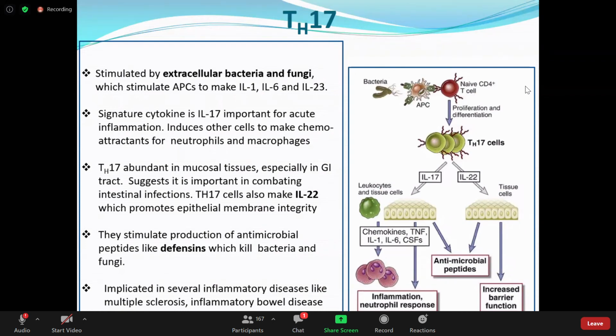Th1 cells' signature cytokine is interferon gamma, stimulating macrophages to deal with intracellular phagocytosed bacteria, but also extracellular bacteria as well. Right? Th2 cells' main function is to stimulate allergic type responses, IgE, activate eosinophils, basophils, mast cells, production of histamine,